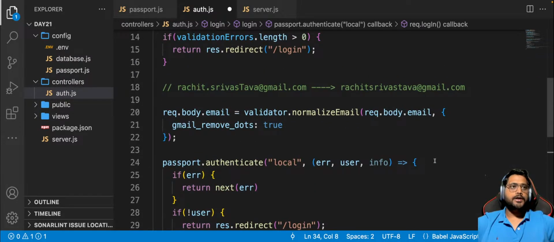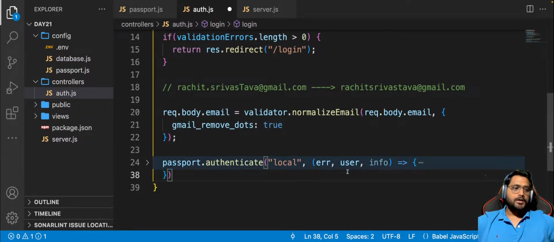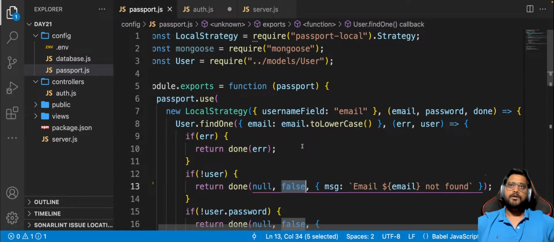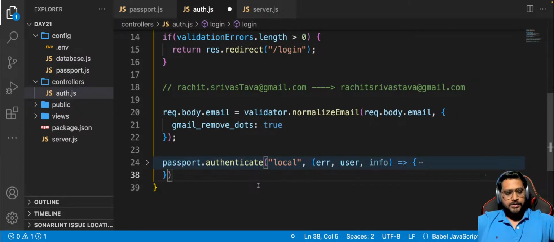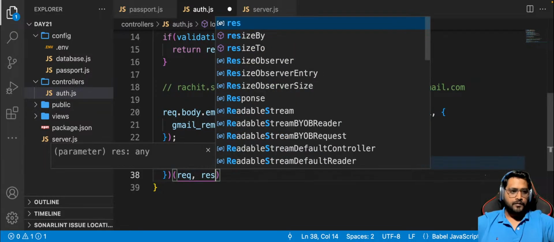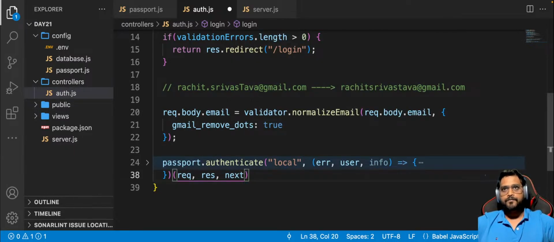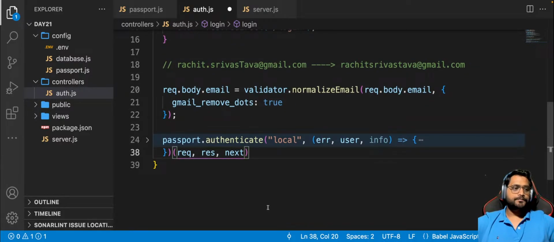This passport authenticate requires your request, response, and your next, which is you're done over there. Okay,